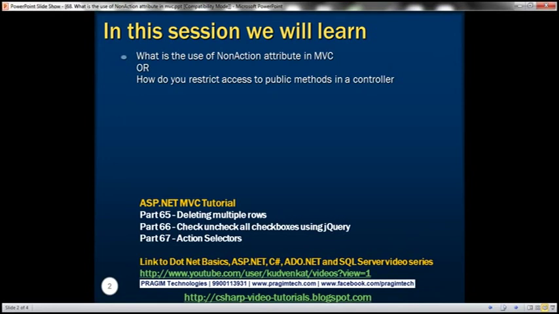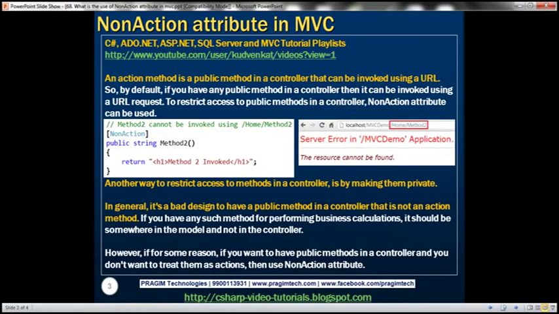For example, they may ask you, what's the use of non-action attribute? Or, how do you restrict access to public methods in a controller? Let's try and understand the concepts related to non-action attribute so that we can answer these interview questions as efficiently as possible. We know that an action method is a public method in a controller that responds to a URL